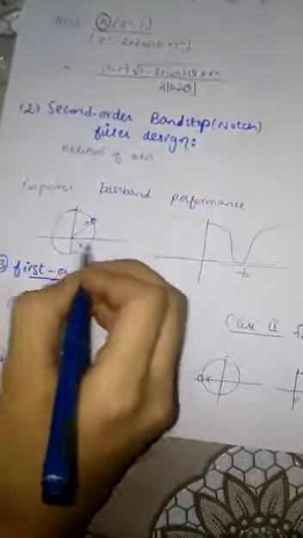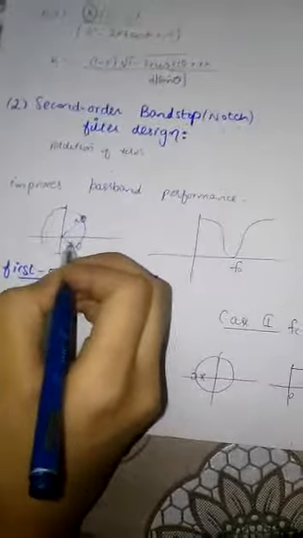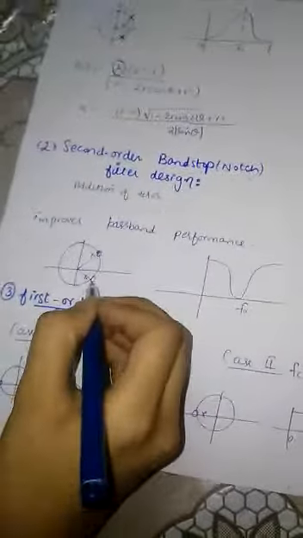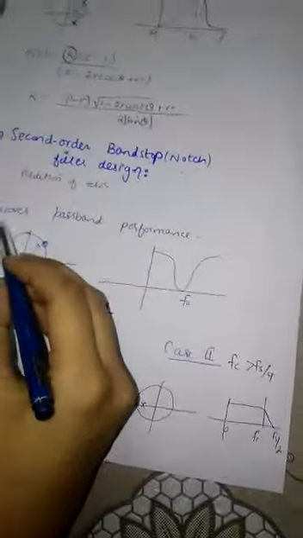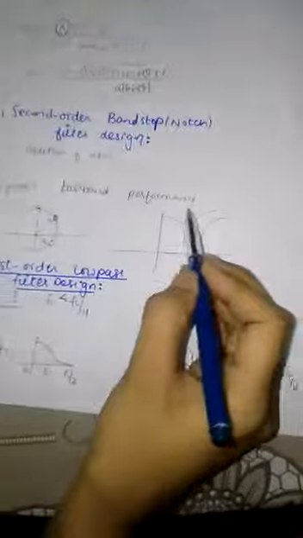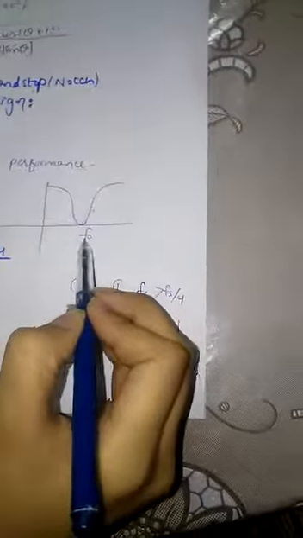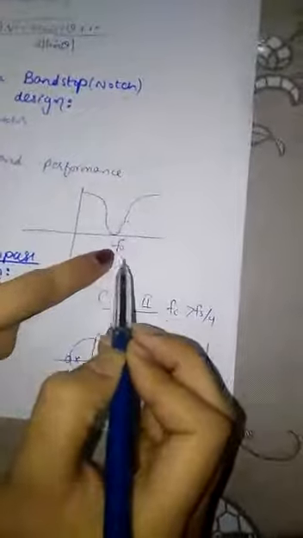As a result, there is no effect on the system, but it overall improves the pass band performance. Here the graph is like this, and it notches the frequency f naught. It is very similar to the last one, but it notches frequencies at points like